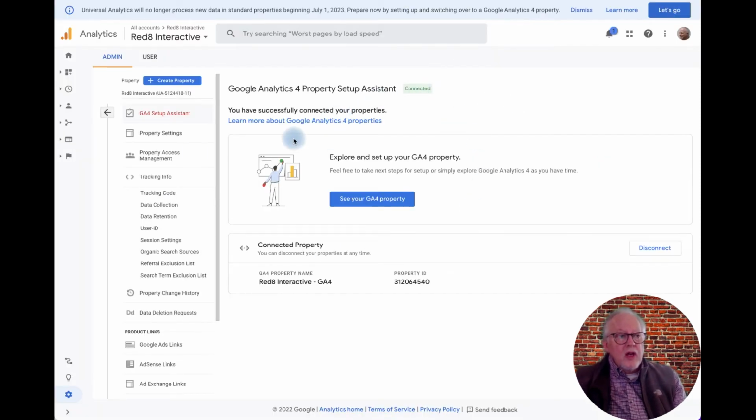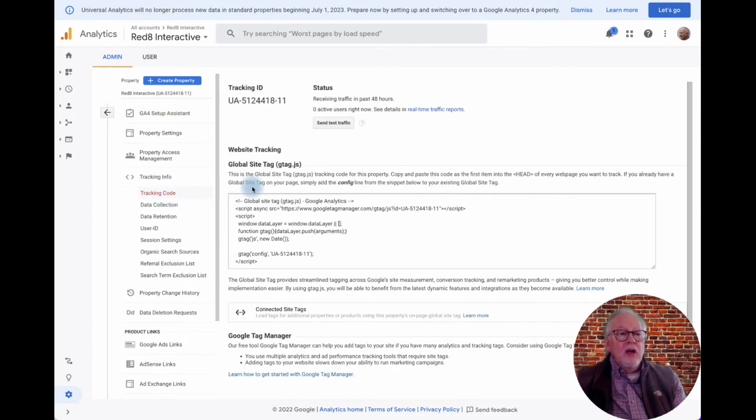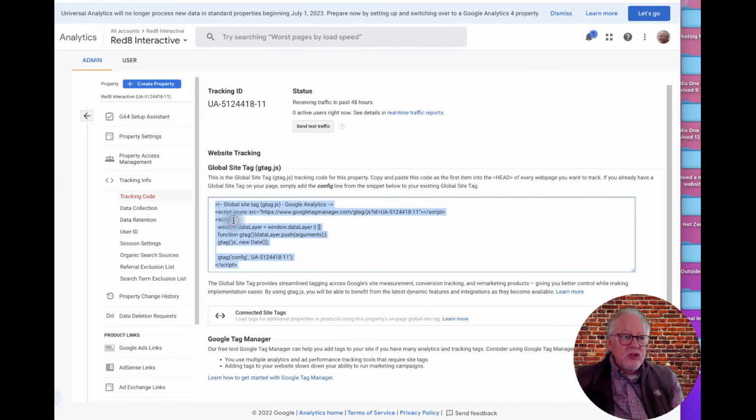So we're going to click this button, Open the Connected Property. And when you're in this screen, you're going to want to look over here to the left, where it says Property Access Management, Tracking Information, and then you want to select Tracking Code. If you select Tracking Code, it brings this up. Now, if you're using Google Tag Manager, which is a much more sophisticated entity, you're probably not watching this video to this point anyway because you already know how to do these things. More likely, you've got a very simple setup, in which case you want to take this code right here. So just click it,